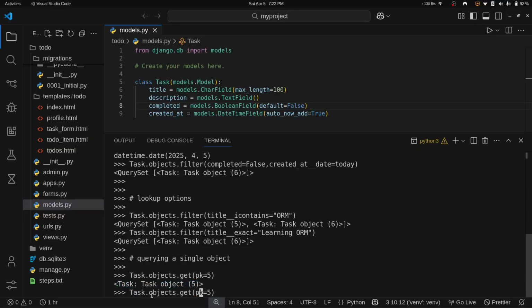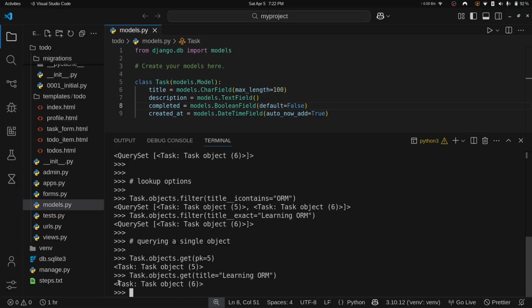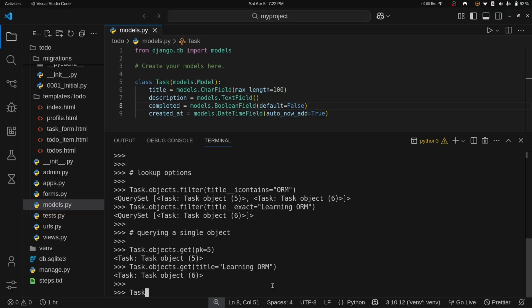Similar to this, you can provide some other condition as well, like title equal to Learning ORM. And we have a single task matching this condition. Keep in mind, this get method is going to raise an error if there is no object. And it is also going to raise an error if there are multiple objects. Similar to this, you can also write